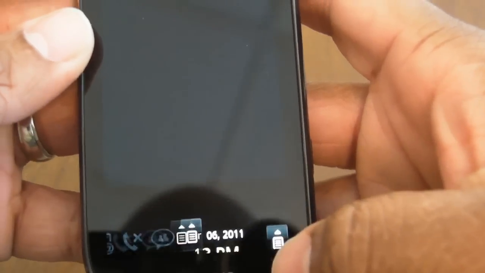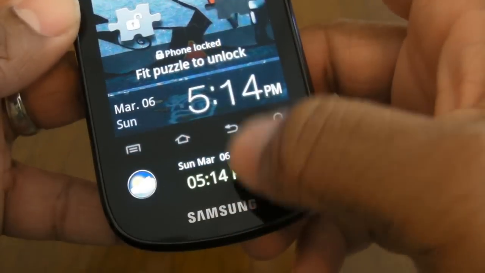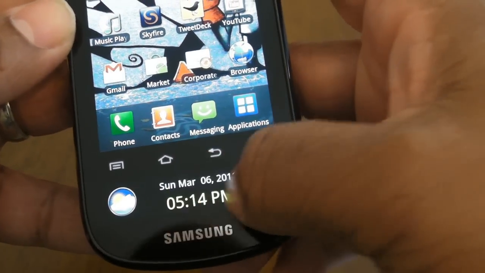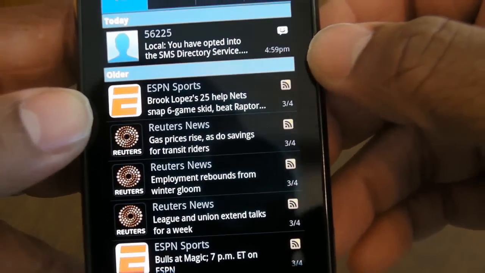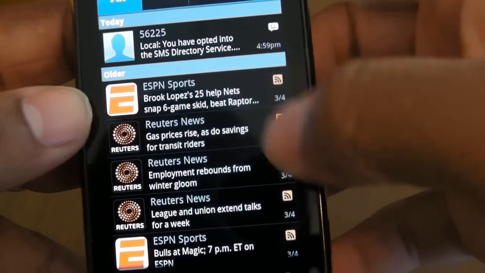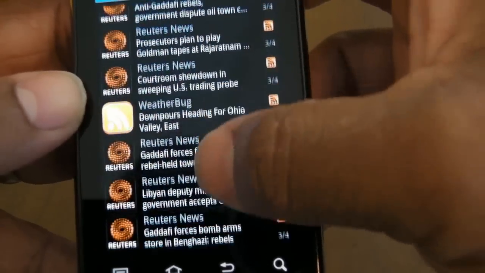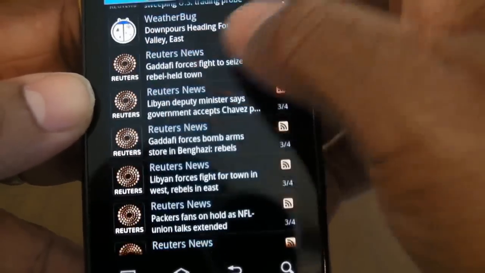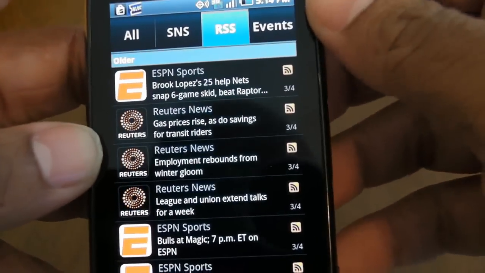But then you hit this button over here, and that'll, oops, hold on, there we go, sorry about that. And that will show you the different RSS feeds that I have. So right now, pretty generic. I got ESPN, Reuters, and then there's WeatherBug, weather updates. But you could come over here to the RSS tab,